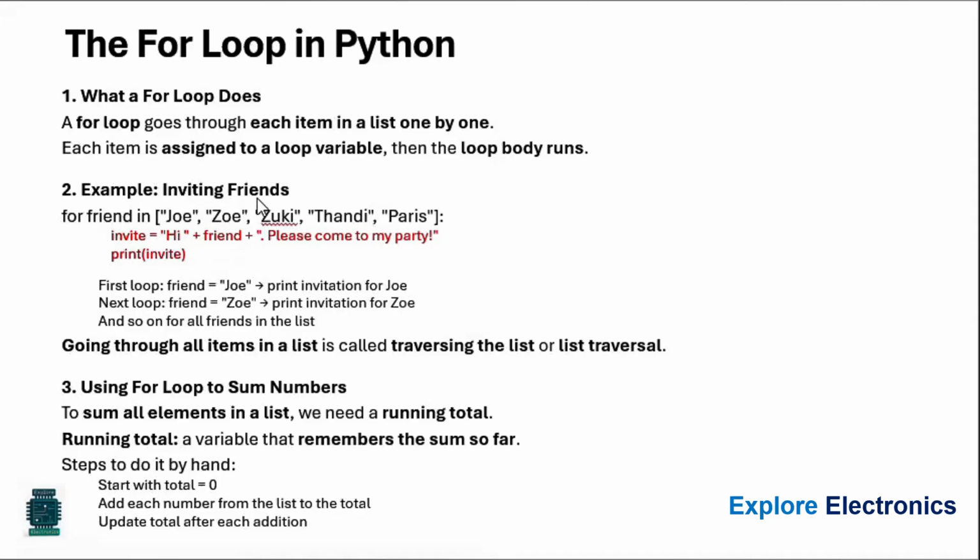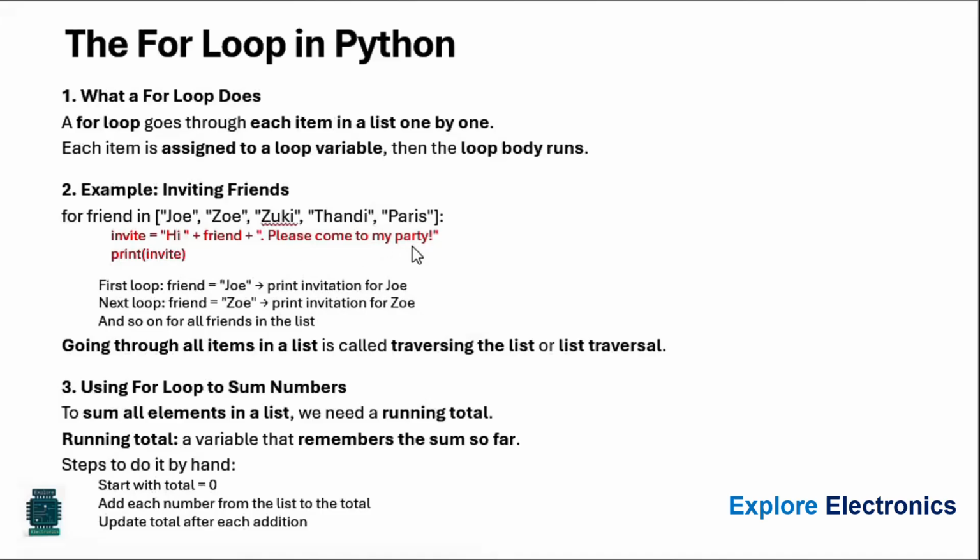Inviting the friends. This is an example of inviting friends. For friend in Zo, Zuki, Thandi and Paris, this is the friends list. Invite is equal to hi. It will write as it is in the loop. When it comes to friend, it will go and take all 5 of them which are there in the list. Got it? Again it will come back to the body of the loop and enter please come to my